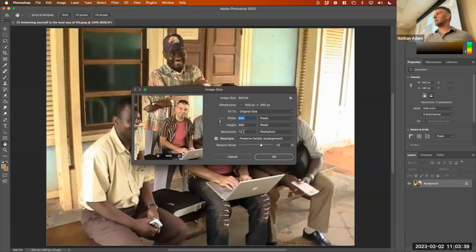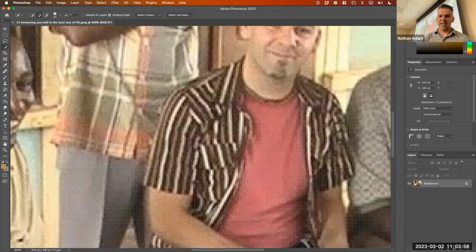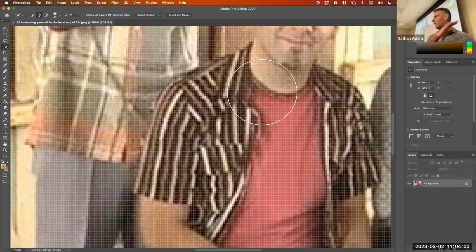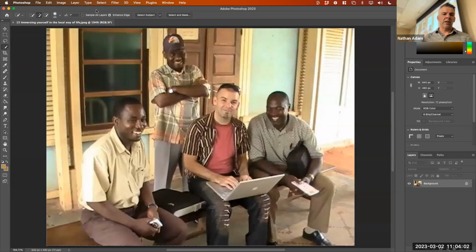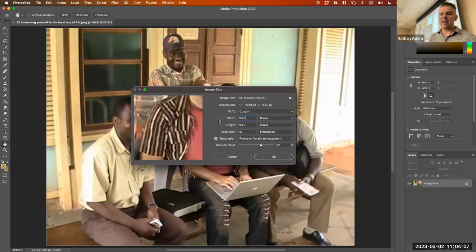And we want to increase this to where it will fit in a high definition video. Now, one really important thing here, let's go ahead and change the width. In this case, it's 640 pixels by 480. That means if we were to zoom way in, we could practically count the pixels. We can see them right here, 1, 2, 3, 4, 5, 6, 7, 8, 640 across by 480 tall. So if we go into our Image Size and we want to change this to 1920,